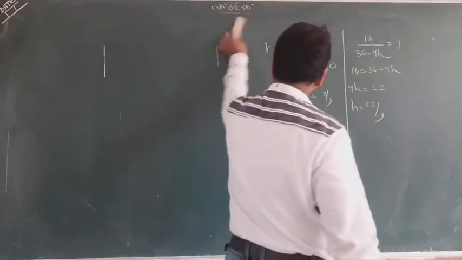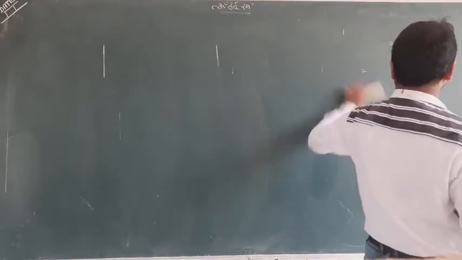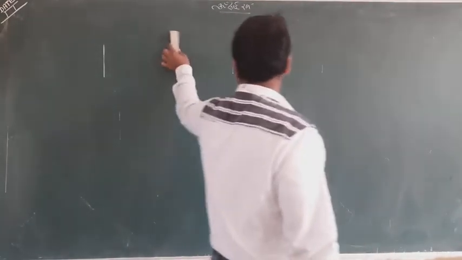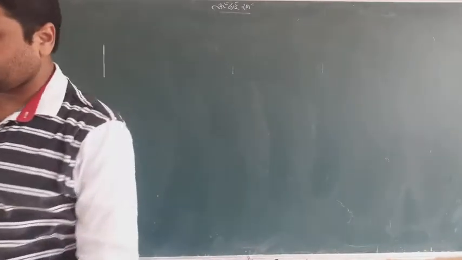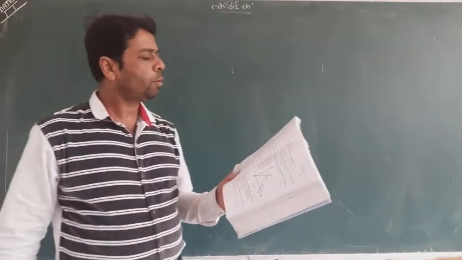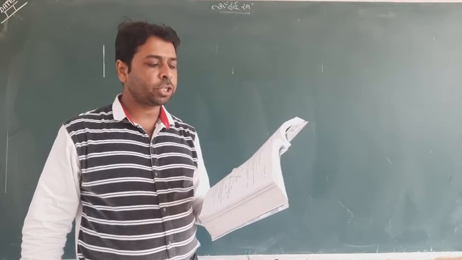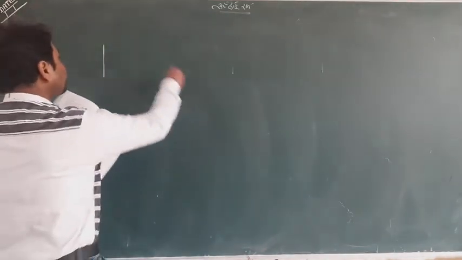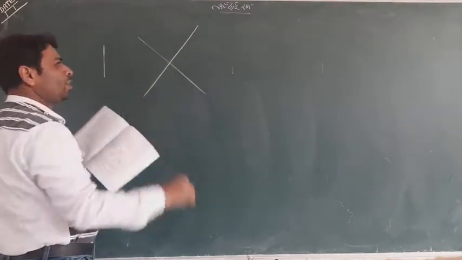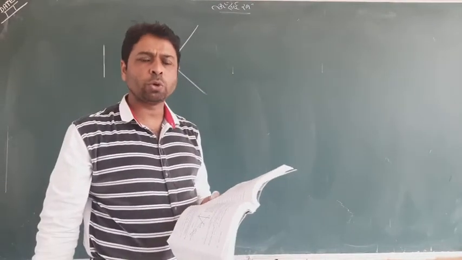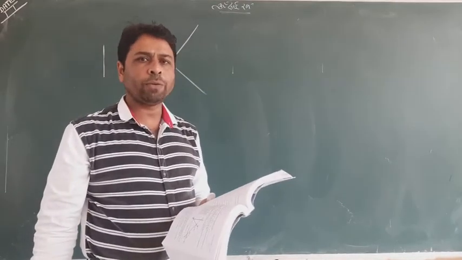Just follow the things which are told, and after following you will automatically get your answer. Now I will move on to question number 12. Question 12 says, two lines passing from (2, 3) intersect each other at 60 degrees. Let me tell you, not the whole question, but the way of doing the work.